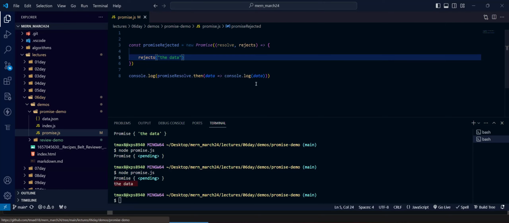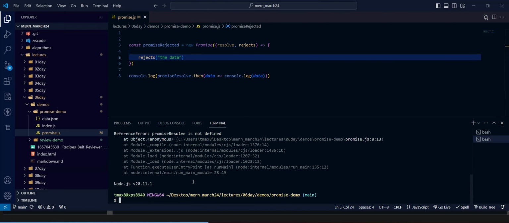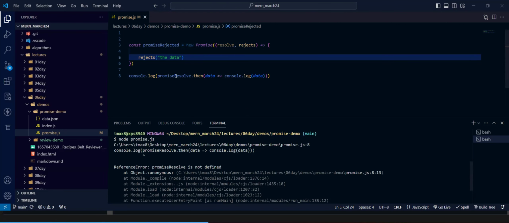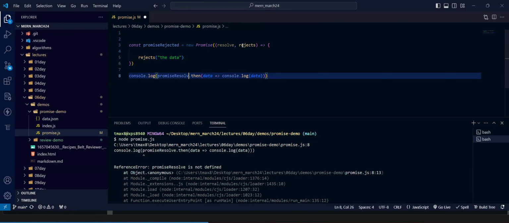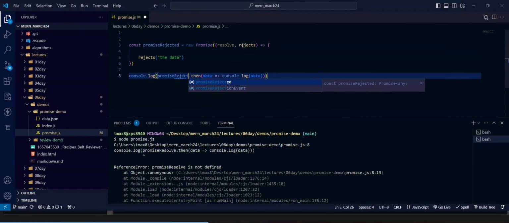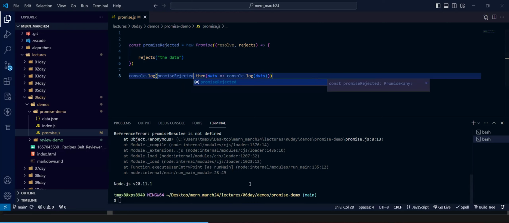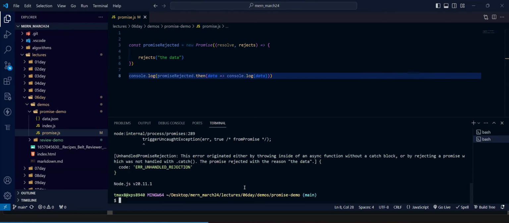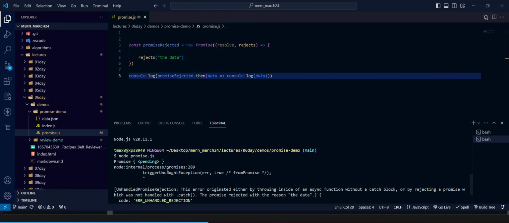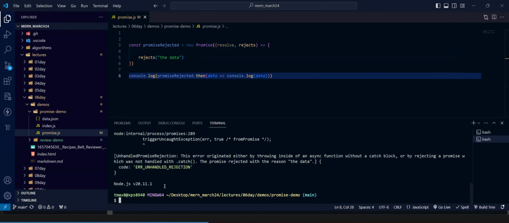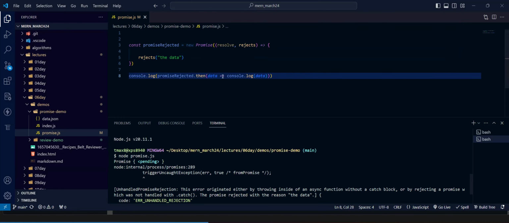So now if I run then, let's see what I get. I get an error because I didn't rename this. Okay, so we get this warning, right? I'm trying to call .then on a promise that's being rejected. So we don't want to call .then.